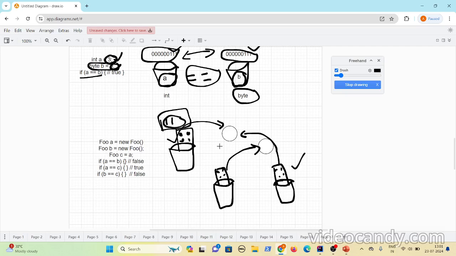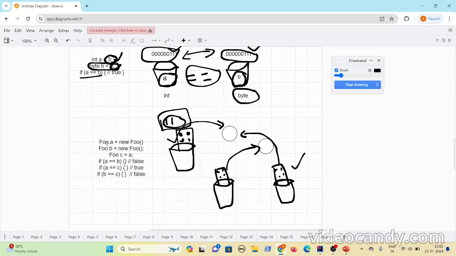It will just compare whether both references are the same or not, whether both are referring to the same object or not. If both are accessing the same object, both reference variables' bits will be the same. If both are accessing different objects, then the reference variables will differ.